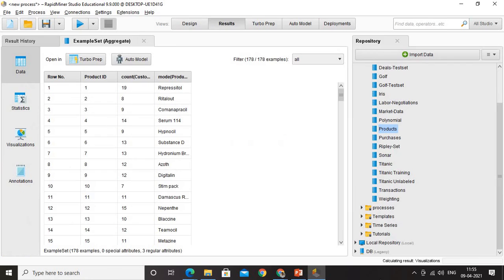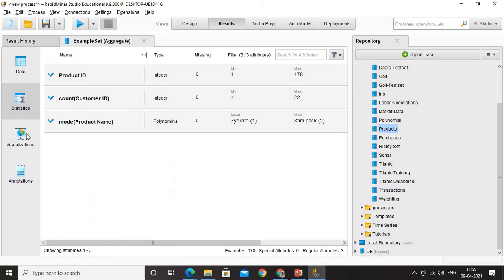We can run and see if we get the results. Yes, we got the result. You can see the product ID, the count, the mode, I mean the product detail, the name of the product, all available here. That's it. We have merged it and we have it clearly grouped, and it's very easy for us to understand how exactly it works, and we can go ahead with more statistics on that.